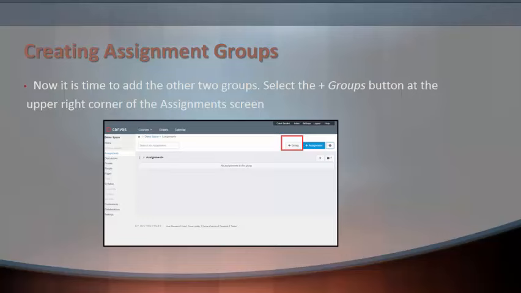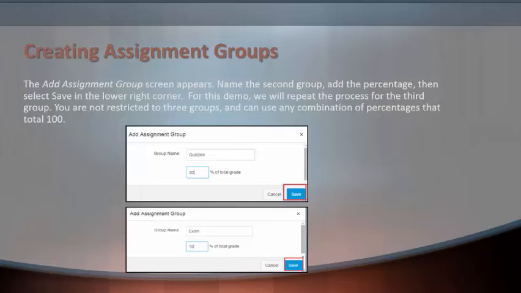And I'm going to add the other 2 groups in this demonstration by selecting the plus group button at the upper right corner of the assignment screen. The first group I've added is quizzes, which is 30% of the grade, and then save, and then exam, which is 10% of the grade, and then save.